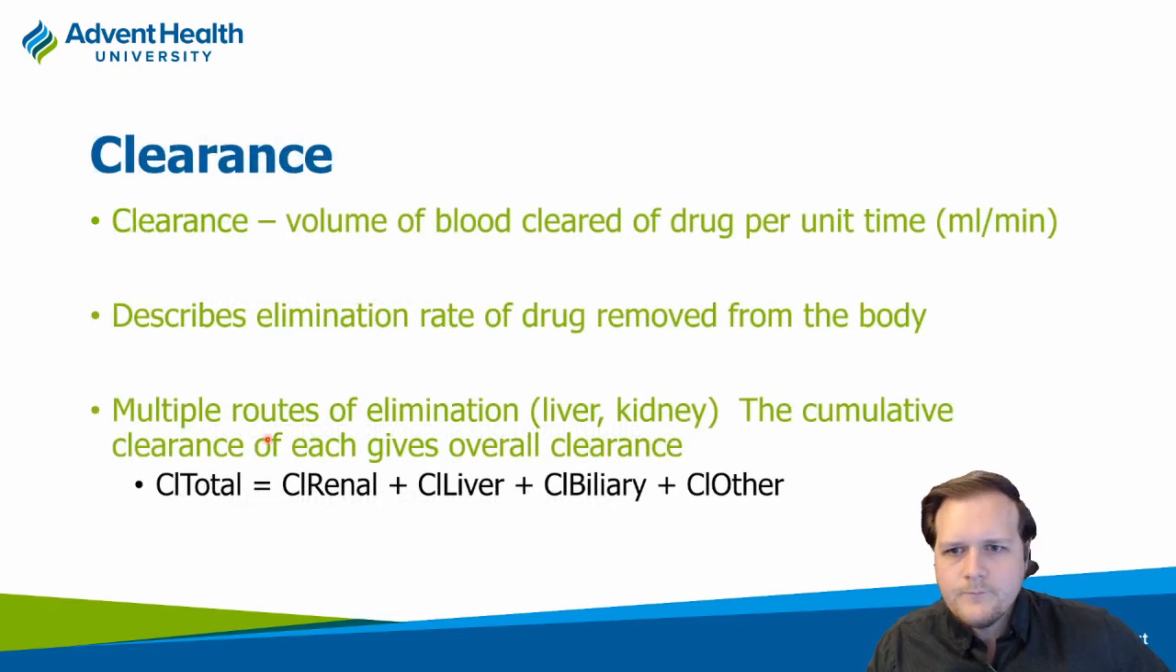So we talk about clearance. We're basically saying the amount of blood that we're clearing of drug per unit of time. So you can say mLs per minute. That's usually the most common one. And it describes all the ways that drugs get eliminated from the body, whether it's renal, liver, biliary, everything. You combine it all together to get this total clearance. The primary one we're going to be talking about is the kidneys for our purposes